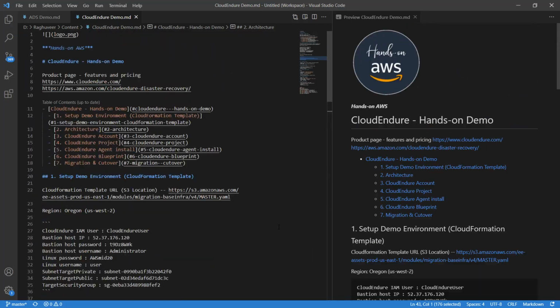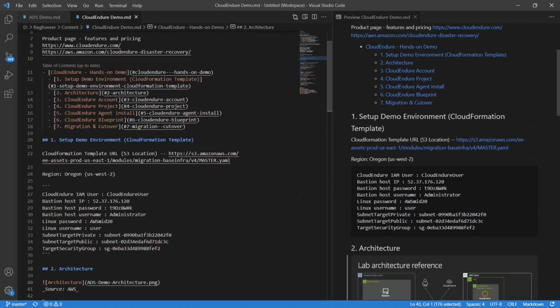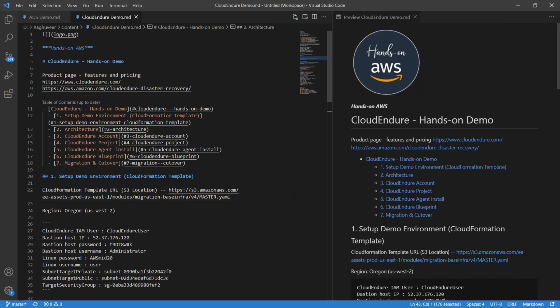So a quick recap. We started yesterday by looking at a demo of the Application Discovery Service, which helped you discover the workloads or applications that are running on your servers on-prem and then planning for the migration. Today we looked at CloudEndure as a tool to do block replication of your servers from your source environment, which could be on-prem, to the target AWS environment. And like I mentioned, it is a continuous block replication service.